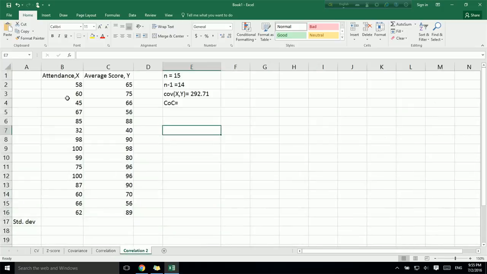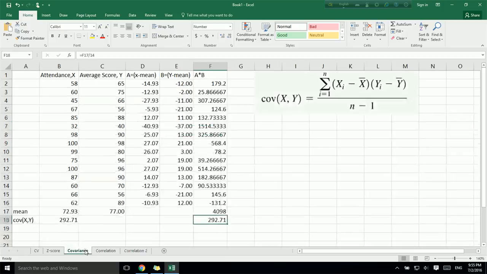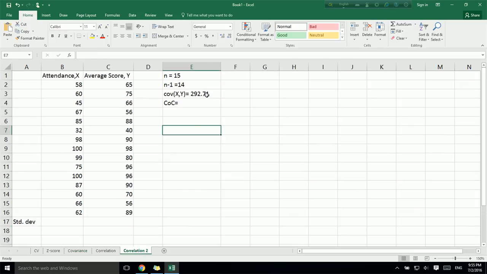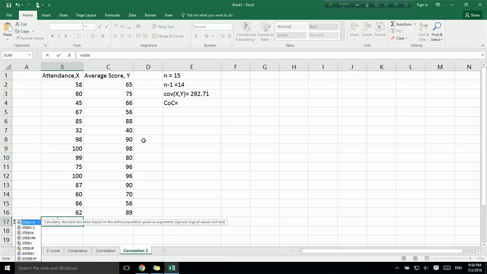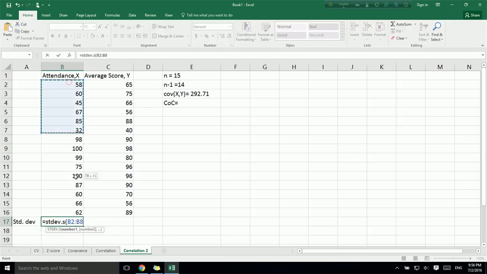So we have the attendance and average score here, 15 students, and we have the covariance 292.71, which I have copied and pasted here. Now let's get the standard deviation. STDEV.S, select area, close parenthesis, enter,